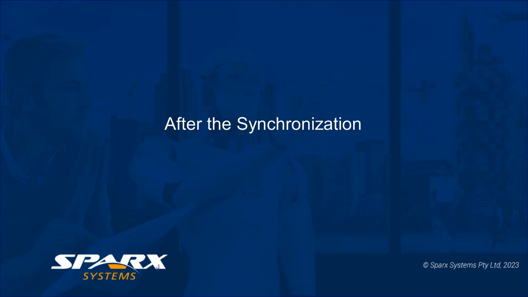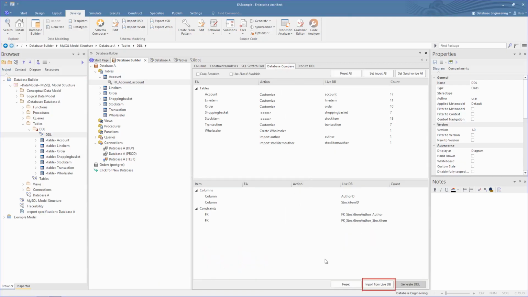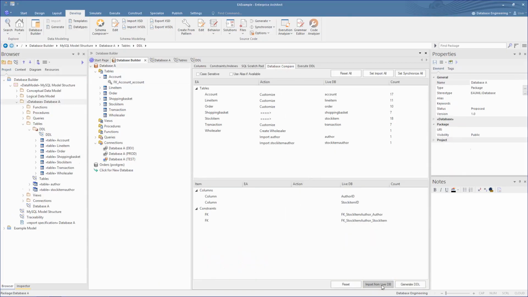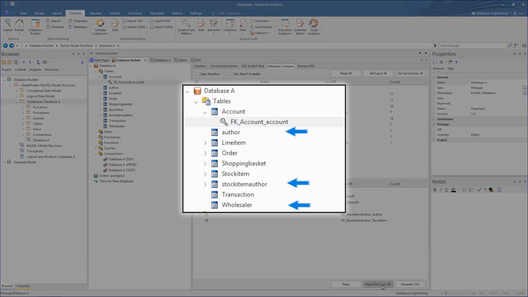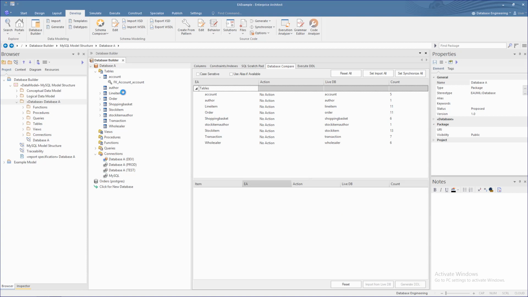After running through the syncing process, we can check this by doing another import from the LiveDB, and from this see the tables on the database side that are being added to the model. We can further check these updates by doing another Show Difference. Running down the tables, we can now see that the EA column and the LiveDB column in both panels are showing the same details. However, looking at the column count, this is giving a count of the differences, so we do need to check these.